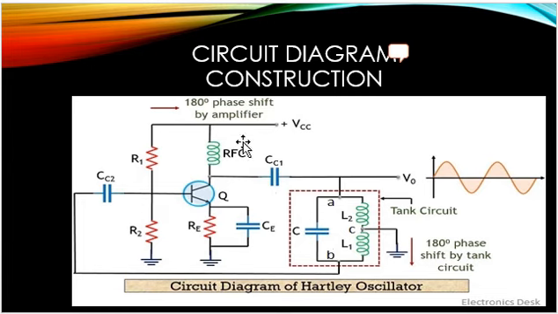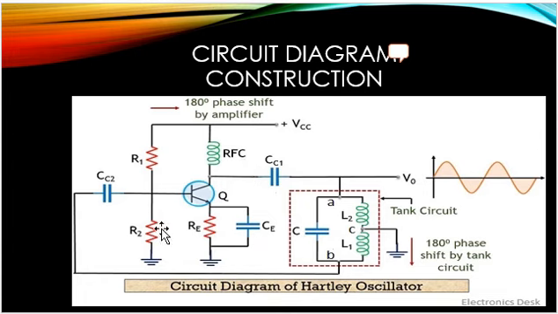The construction is nothing but the physical parameters which you are able to see. This is the circuit diagram. There is an NPN transistor connected in the CE configuration. As you can see, the emitter terminal is grounded. It is in CE configuration to work as an amplifier. Hence this CE amplifier provides a 180 degree phase shift between the input and the output. So whenever you connect 0 degree over here, over here it will receive 180 degrees out of phase.